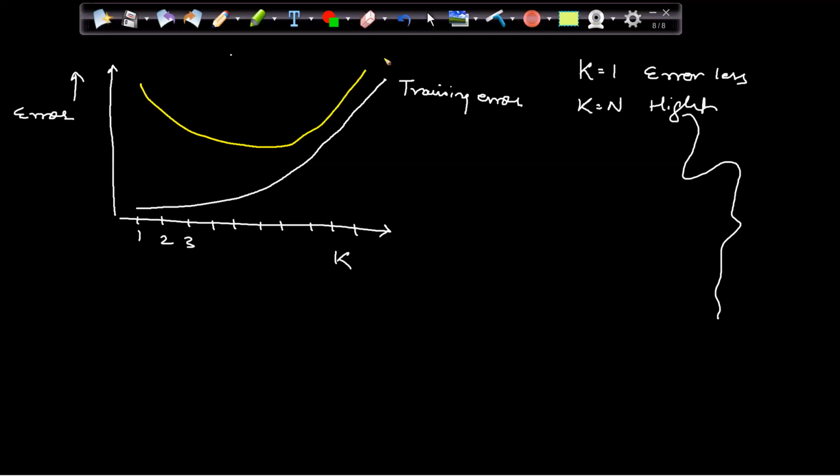This is what this area is. This is underfit. I really don't care. I'll assign to the maximum majority class because k is equal to n. It's an underfit model. And this area is overfit. Because here my training error is 0 because I overfitted the model.